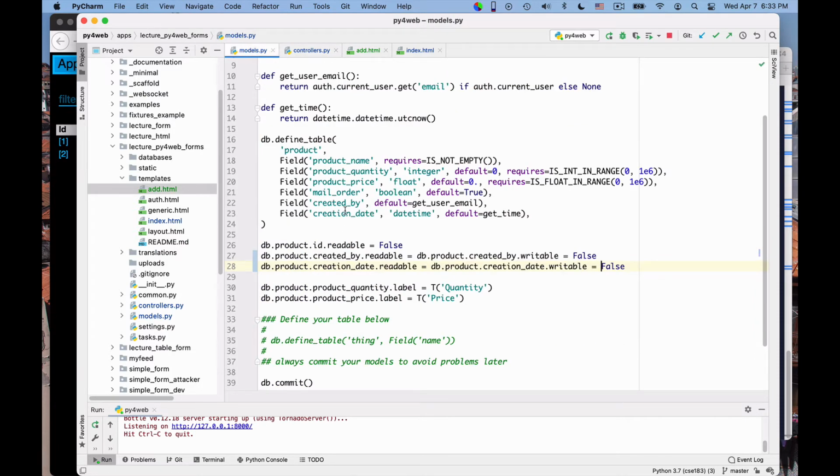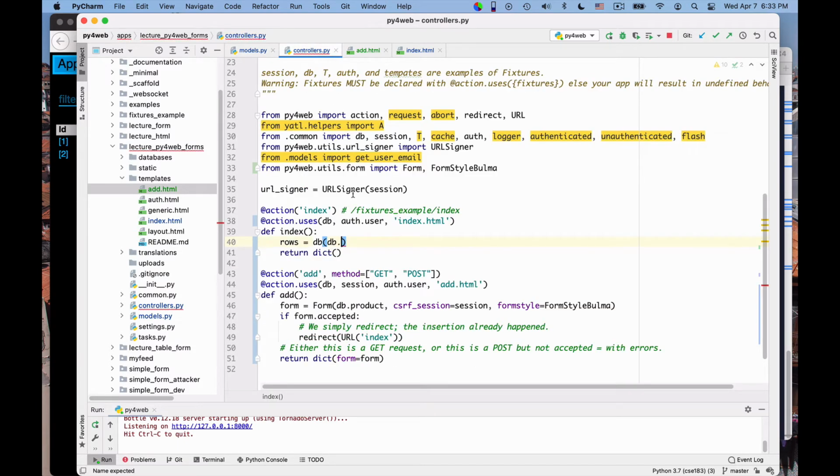Often I have to refer, right? db.product.created_by is equal to get user email, right?